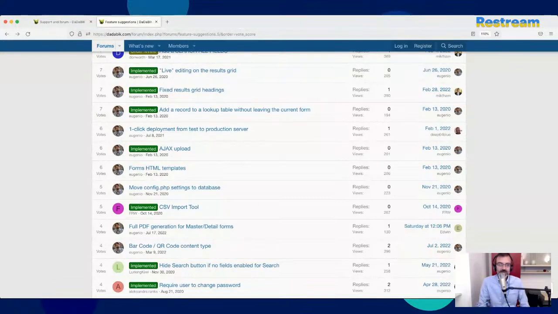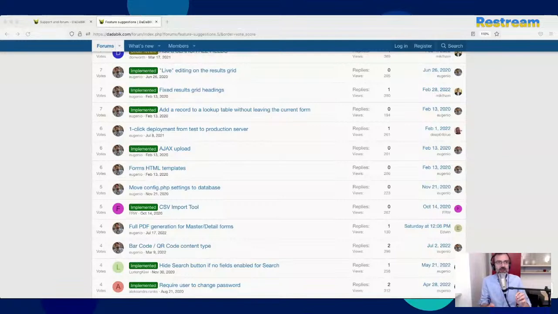One-click deployment from test to production. Here, the idea is, as you know, now the deployment of a DaDaBIK application consists of taking your files, taking your DB, and copying everything to the server you want to deploy to. The idea here is, typically you have a development application and a production application.